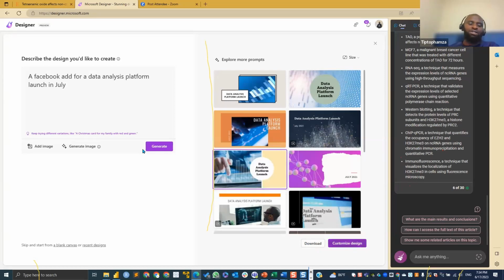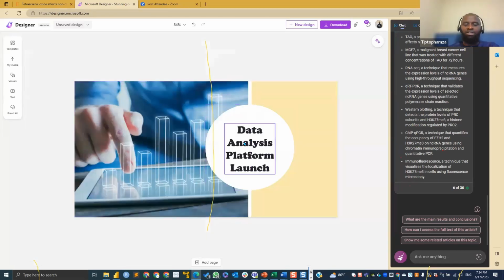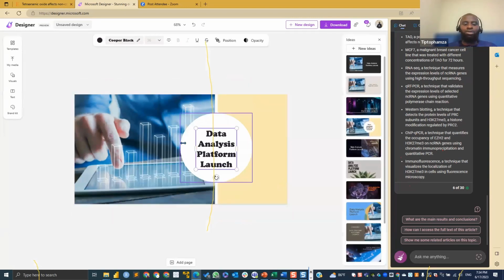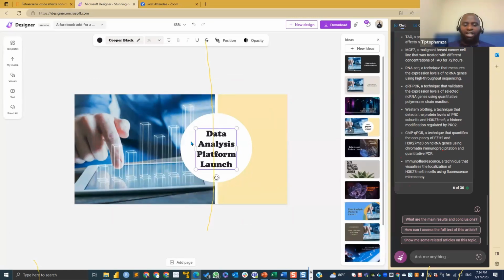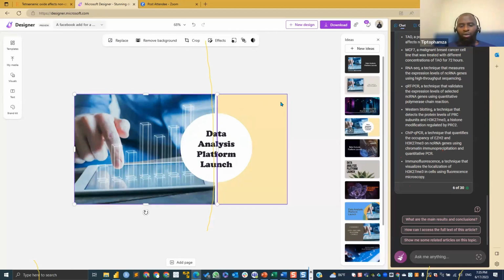If you want to customize it, you just click on customize here, and then you could change the typing: educational bootcamp, data analysis course series will be available in the next 3 months, and all of that. And then here, for the image, you could add your logo by adding it from my media, and also include additional text if you have any. So this is a